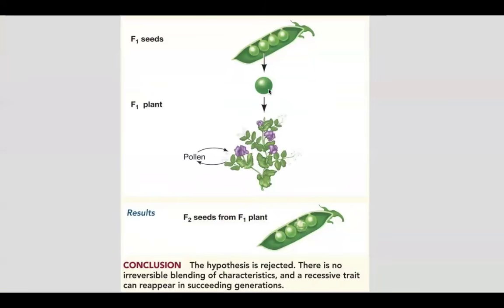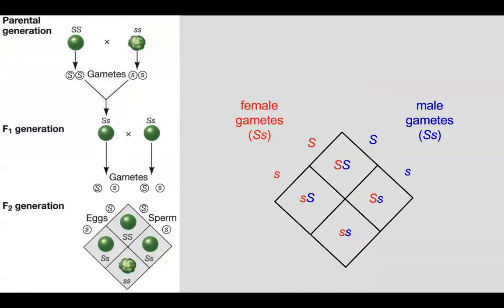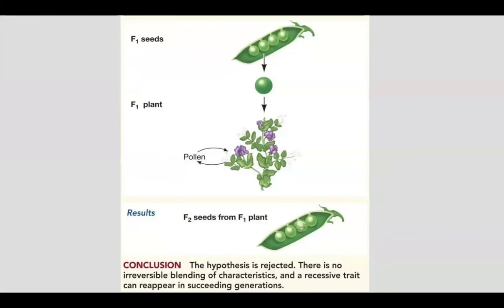And then when you self-pollinate all the heterozygous children, you have your F2 seed generation. In your F2 generation, as you see here, you have three round, one wrinkled, which, as we mentioned before, is your 3 to 1 ratio for phenotype and 1 to 2 to 1 ratio for your genotype. As it says here, he was trying to see if recessive traits can reappear in future generations or if they just go away if you combined them with a dominant allele. As you can see here, recessive traits can appear in future generations, even if in one of the generations it's not shown at all.